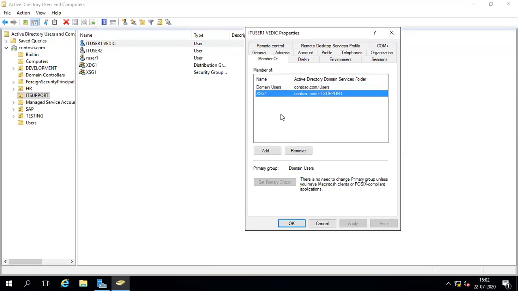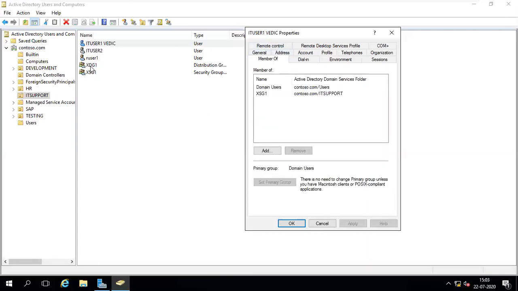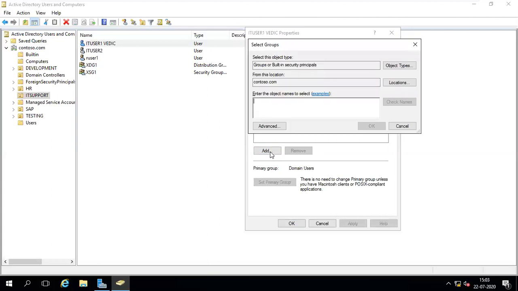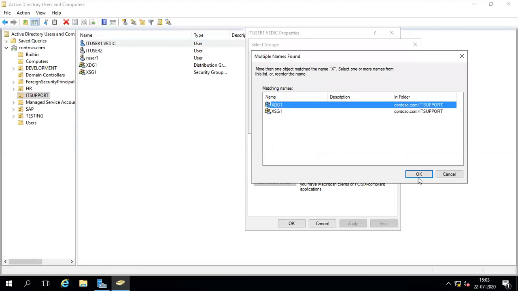And the next one: if you want to add IT user one to XDG1, you can add it from here. Under member of, for this user, I click add. Type X, check names, XDG1.